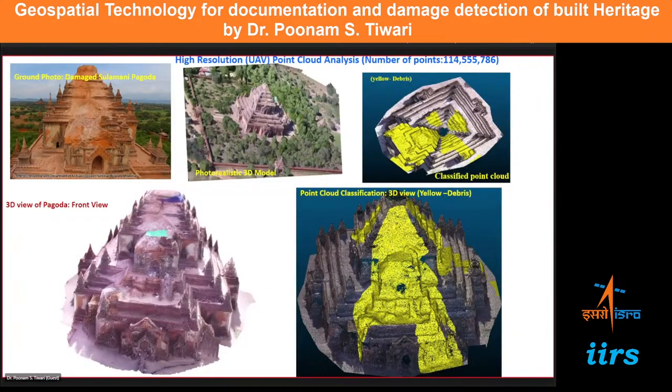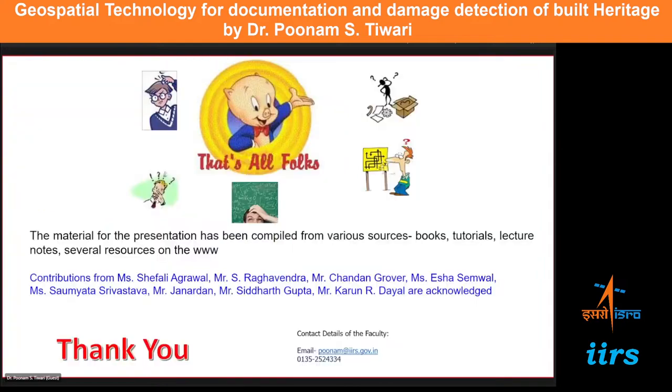This is the UAV 3D view of the pagoda generated using UAV data, and this is the ground photograph. You can see, without going to the ground also, you can identify each and every part of the damage. And this is a point cloud. You can do classification of this point cloud into damaged and non-damaged areas. Okay, so this is all from my